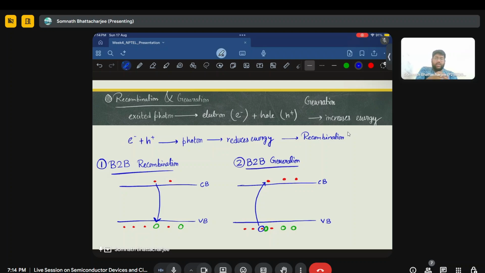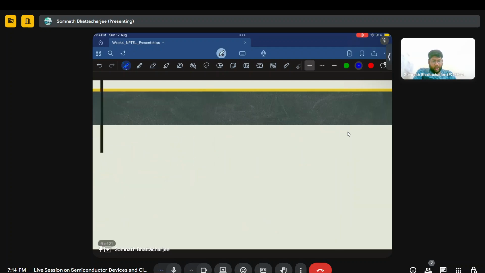In band to band generation and band to band recombination, there's a direct exchange of electrons or holes between these two bands, that is the conduction band and the valence band. That is why it's called B2B recombination and B2B generation. These are some of the most basic things, but what happens afterwards is,